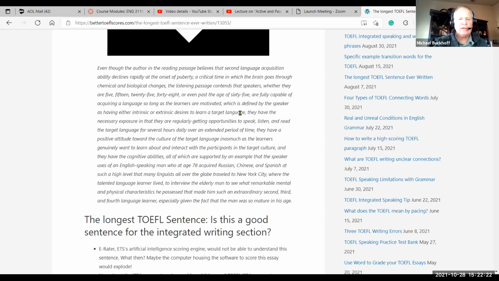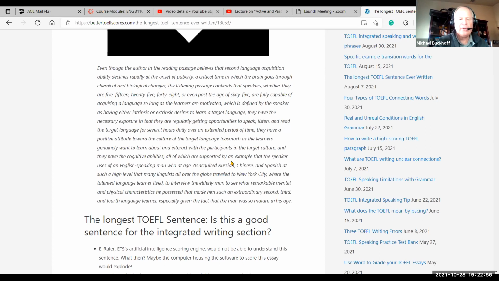They have, and when it says they have, it means whether they have, I'm kind of repeating, they have the necessary exposure in that they're regularly getting opportunities to speak, listen, and read the target language for several hours daily over an extended period of time. They have a positive attitude toward the culture of the target language, inasmuch as the learners genuinely want to learn about and interact with the participants in the target language, and they have the cognitive abilities, all of which are